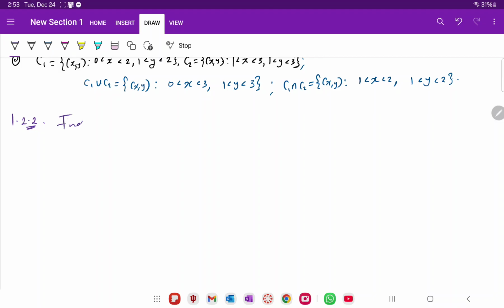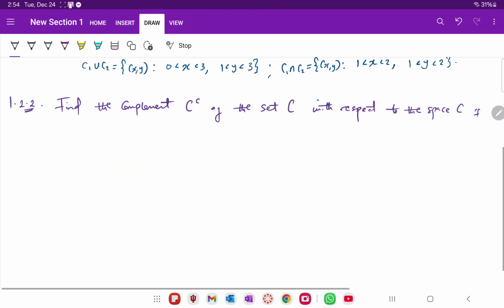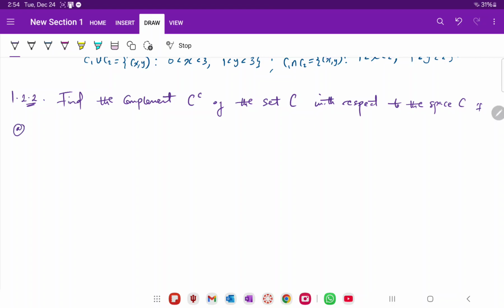So we have: find the complement C prime of the set C with respect to the space, the fancy C, if A,